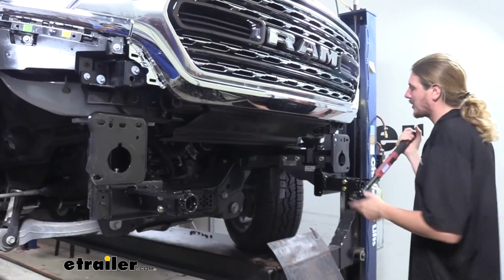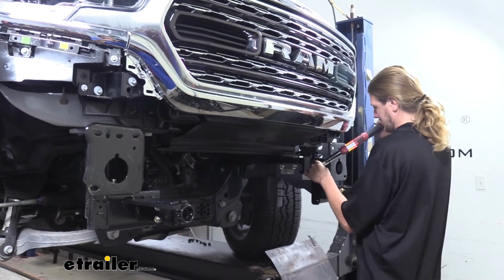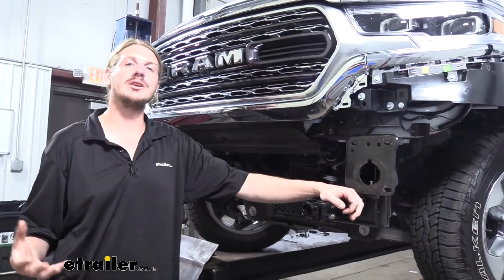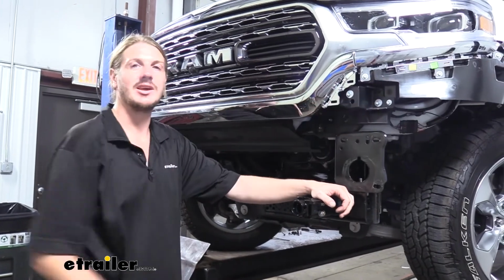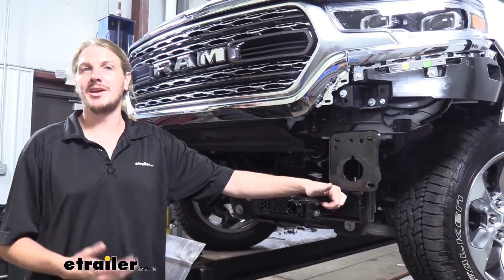We can then go back and torque all of our hardware to the specifications found in our instructions. Now that we've got everything torqued down, we're ready to reinstall our bumper and fascia components in reverse order of how we removed them. Now, if you are doing a complete flat toe setup, then I would recommend that you